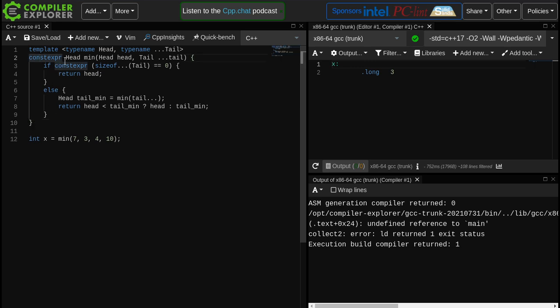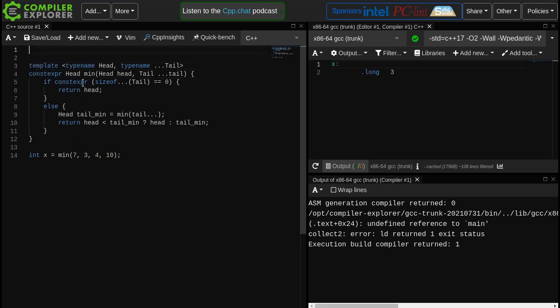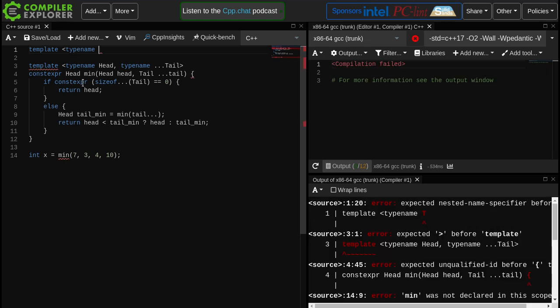Then another feature in C++17 is fold expressions. The idea of fold expressions is that if you have a pack of something, then you can combine each element of the pack using some kind of operation. So a very simple example for fold expressions. Let's say we have some,